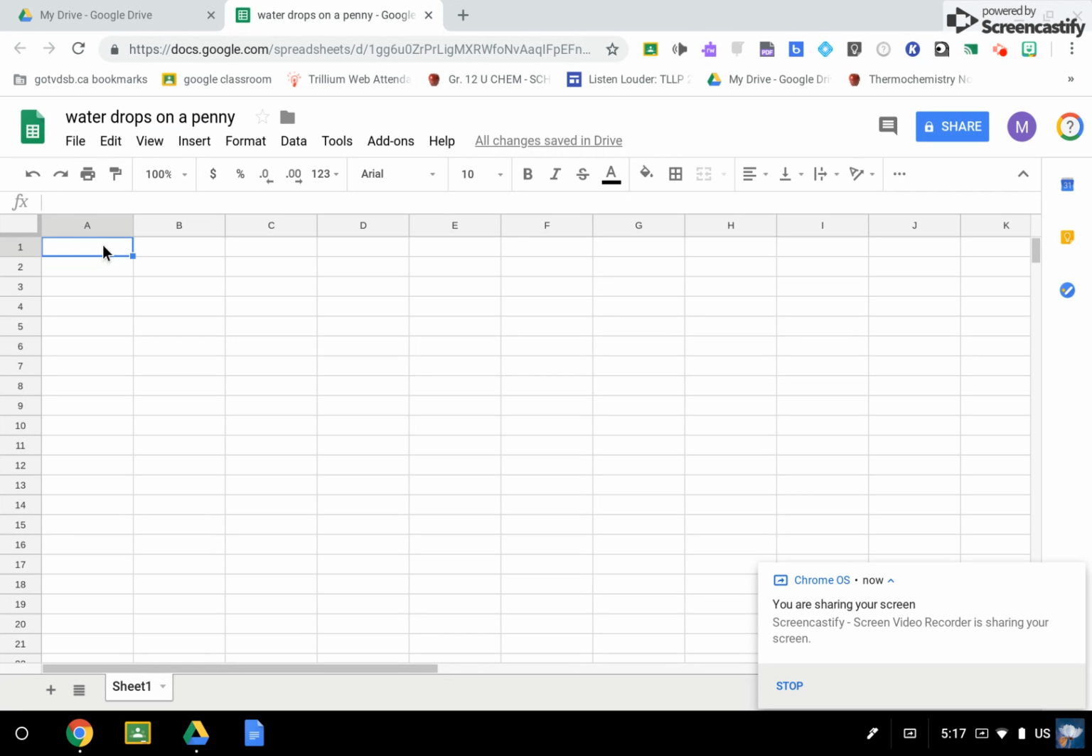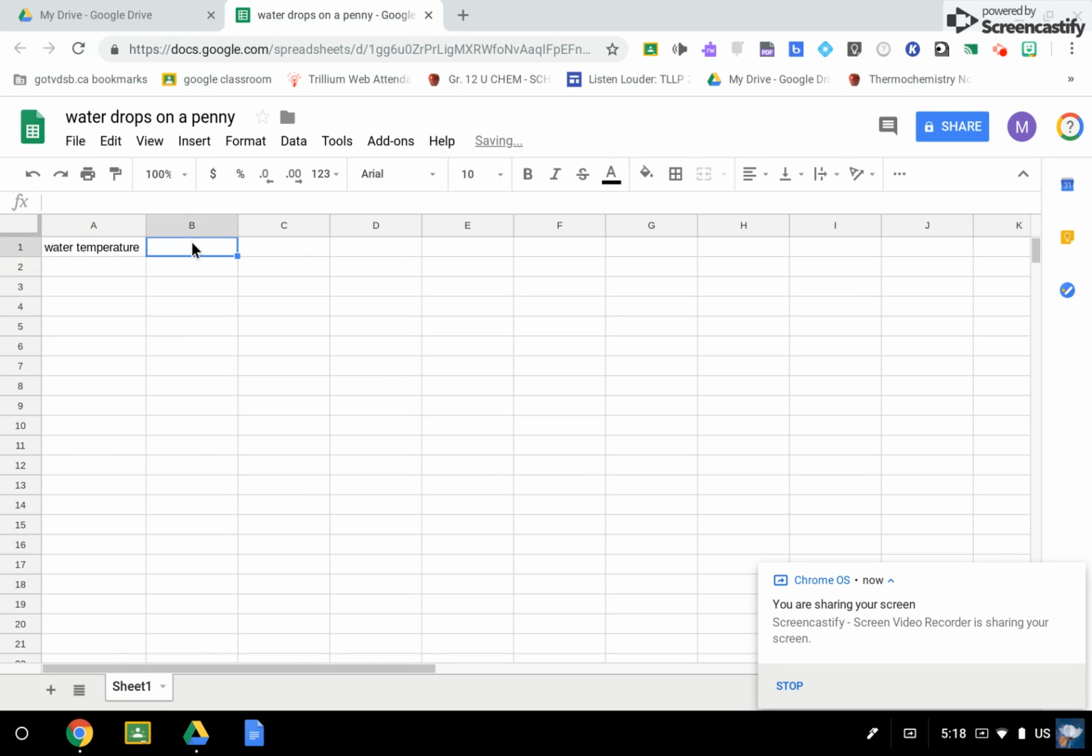Now, you have to input your results in the spreadsheet in order to make a graph. So you're going to put your independent variable, what you changed, in this box right here for A1. So we're going to pretend that I changed water temperature, and you can just hit enter, and I'm just going to make this bigger. And in the box right next to it, in B1, you're going to write number of